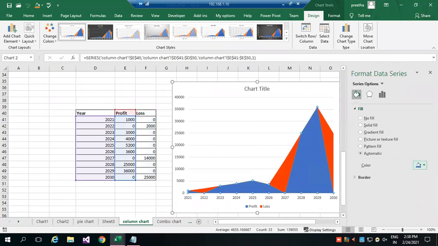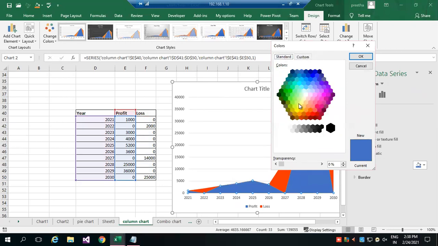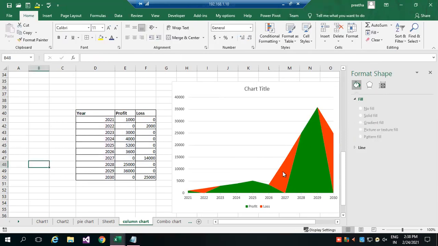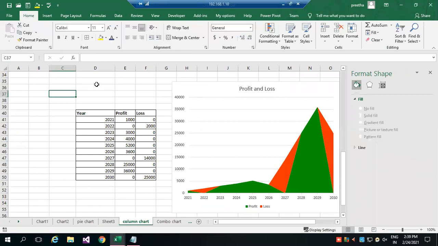Profit, I wanted to fill with some other color. So it is your choice. So green area will represent profit. So chart title, I'll say profit and loss comparison. Whatever title you want, you can represent.